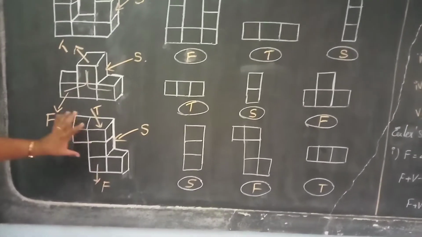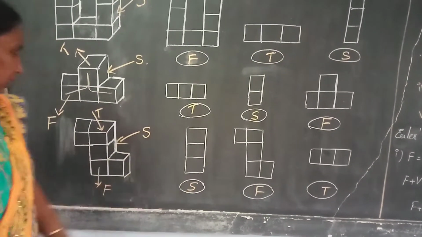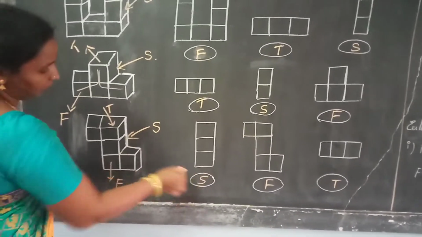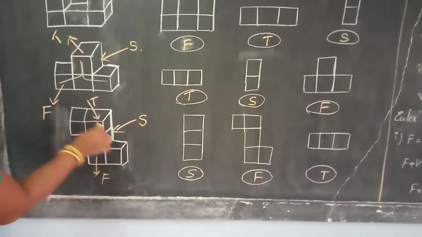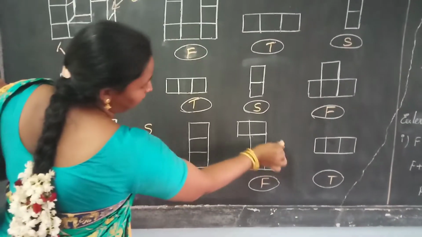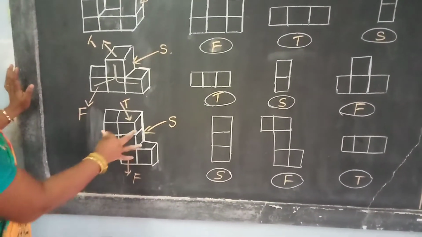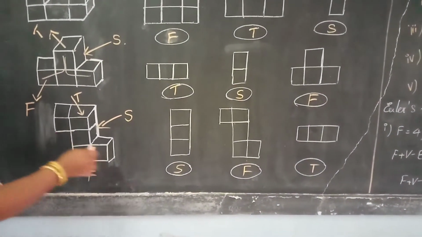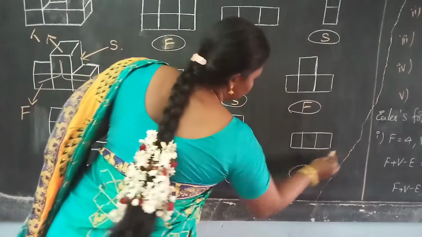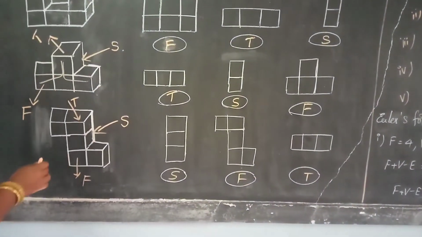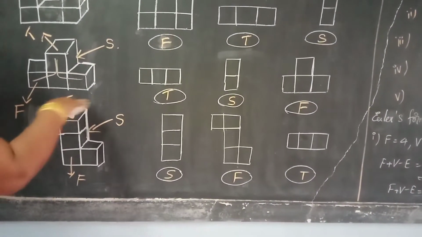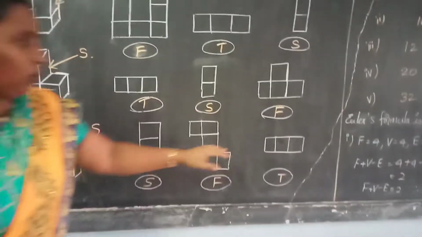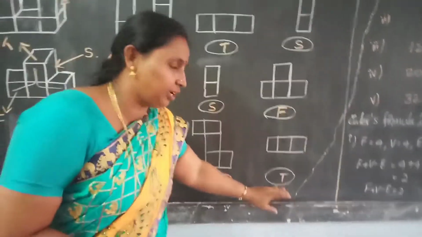Okay, next see this picture here. First 3 squares are given. Seen from the side, that is 1, 2, 3. So definitely it will be the side view. And then see this one. This looks like the front view. If you see the front now, you will get this shape. So it is the front view, right? F. And next one here they have given 3 squares vertically. So 3 squares vertically, definitely that will be the top view. 1, 2, this one will be 3. So if you see the top now, you will get this view. So this is the top view.